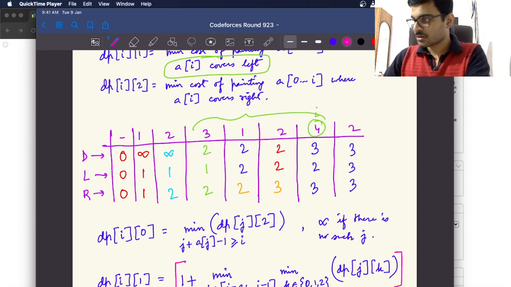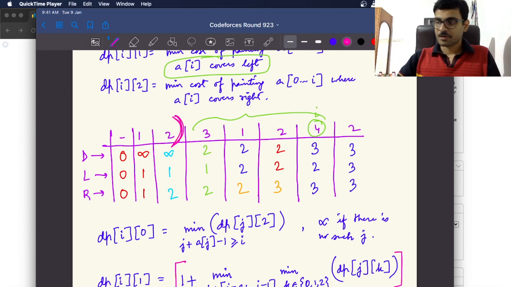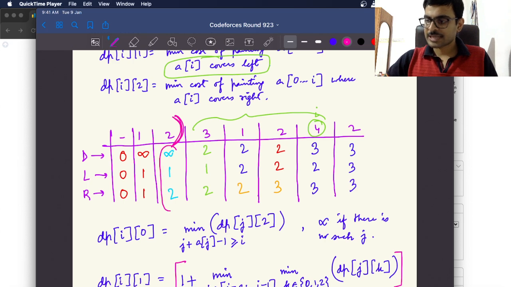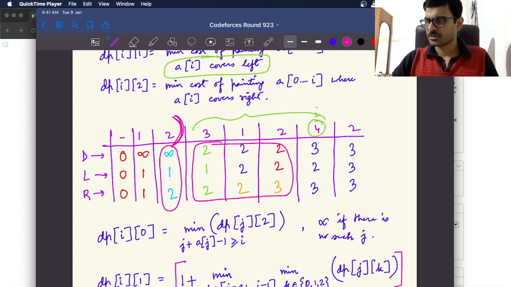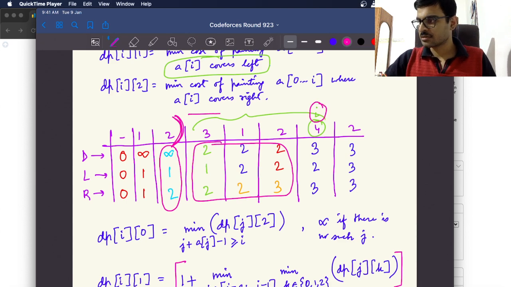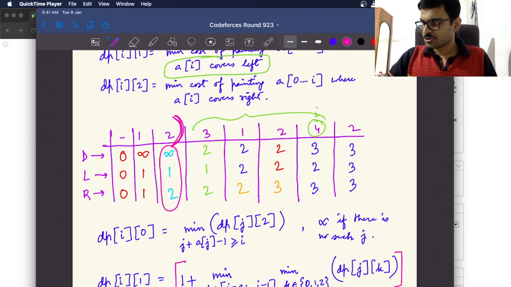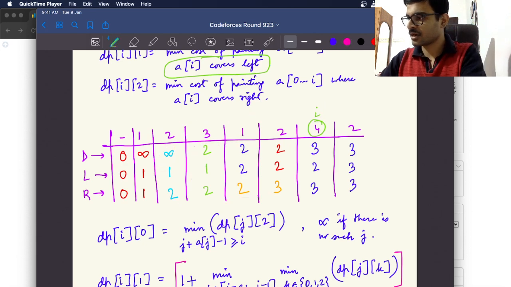That means I definitely need to plan something up to here. So the minimum of this can help me. Additionally, we say, okay, if you have found a better answer somewhere over here, you are free to take it. If you have found a better answer up to here, this I can cover all these. But if you think that using these elements you have already got a better answer for up to here, definitely use it. So if I say that, okay, this will cover up to here,